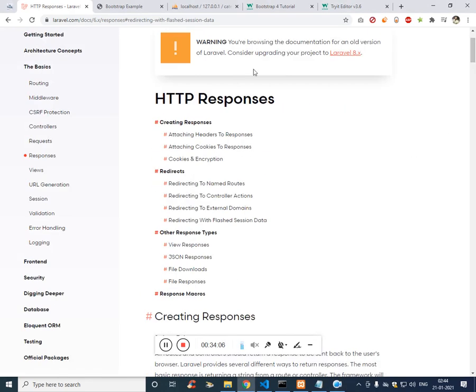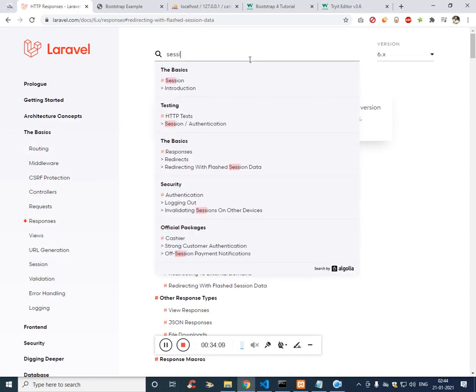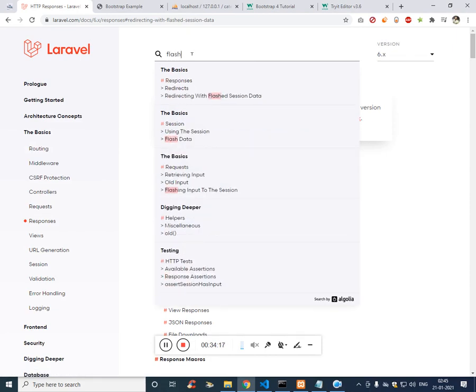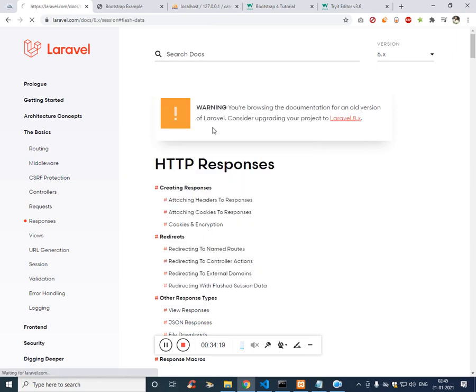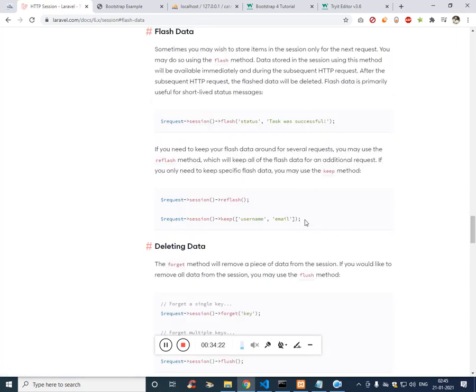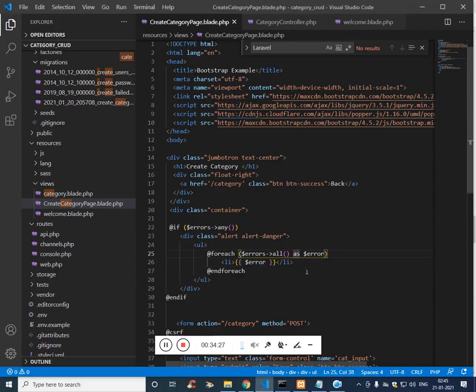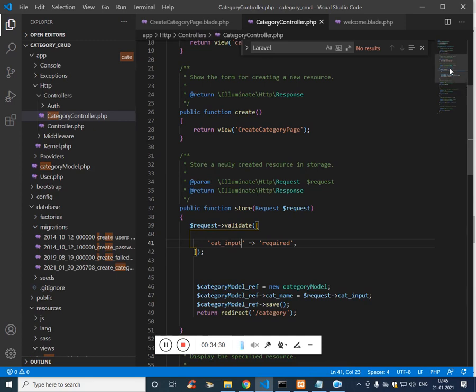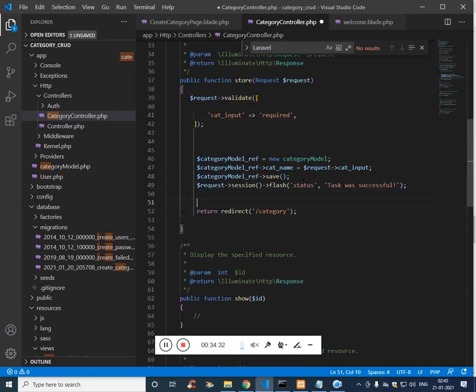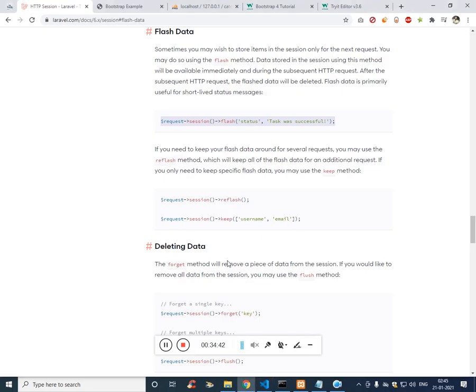Actually we don't need the redirection example, we just need a session. Flash data. Yep, we got it. So here, after saving, before redirection, we want the status to be set as data saved successfully,